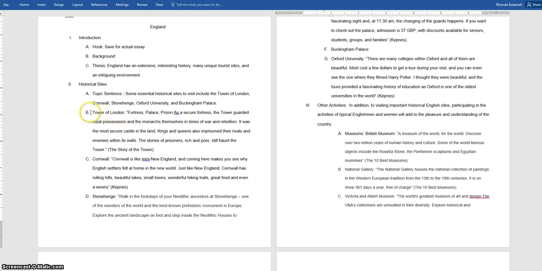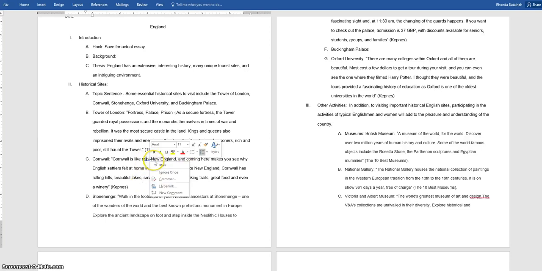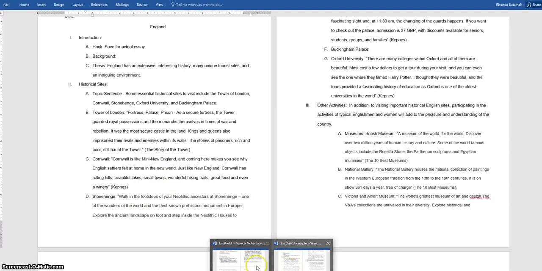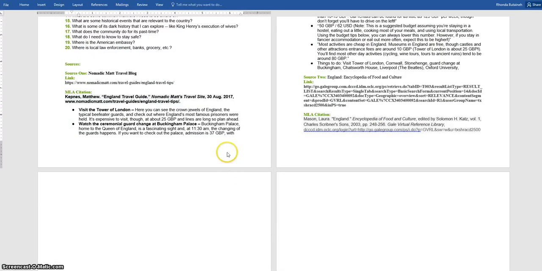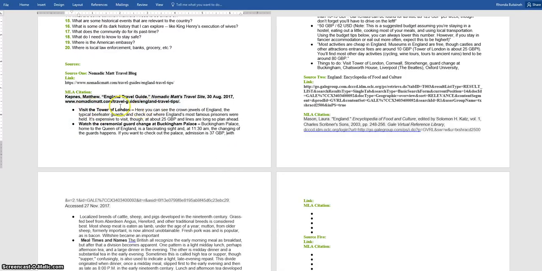Then I have my Tower of London information where I just copied it from the Story of the Tower, which is a website. It's a UK website. It's reliable. And so I would use that. Okay, now I would also, here's how I would do this. Here's my notes. Right here, visit the Tower of London. Here you can see the jewels. So I'm going to take this quote from that,